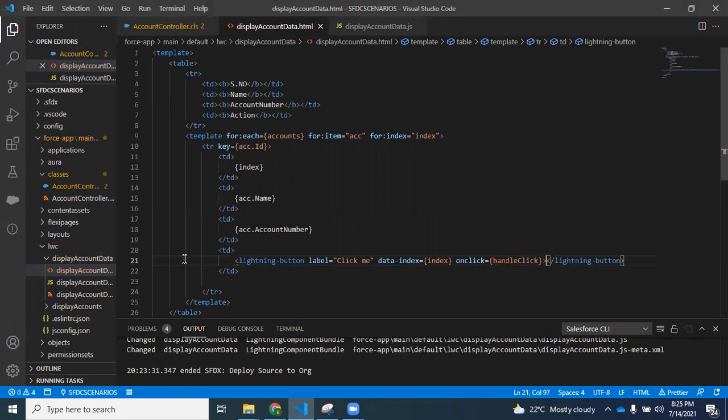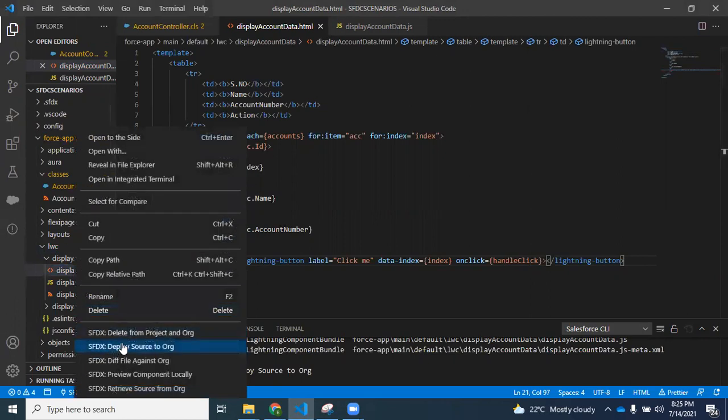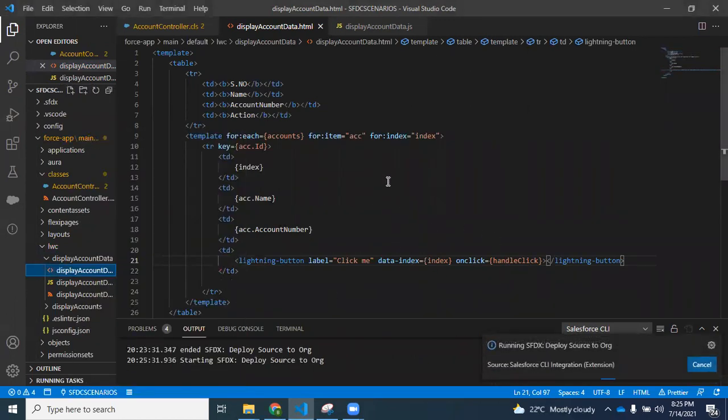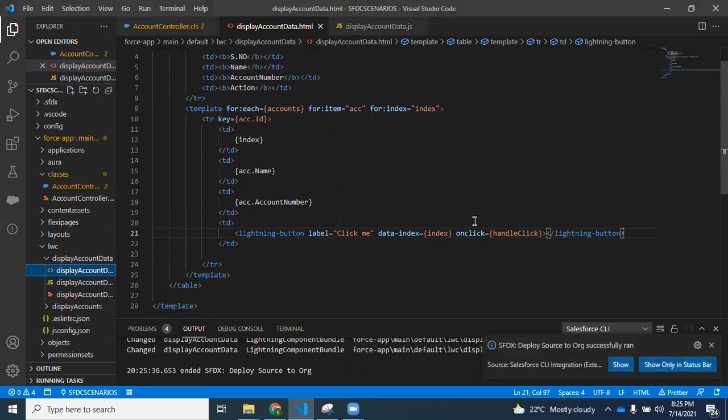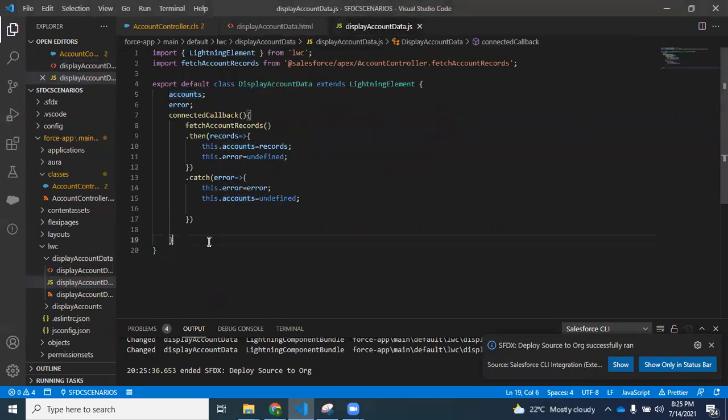Let me push this code to the source org. Let me deploy this. Now let me copy this method and write the logic here.